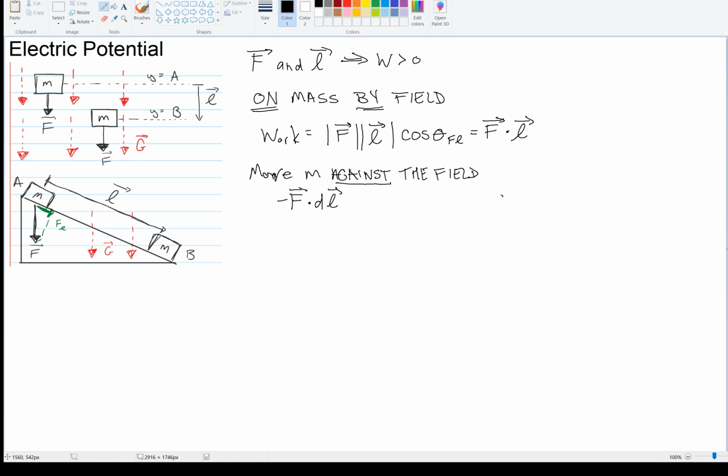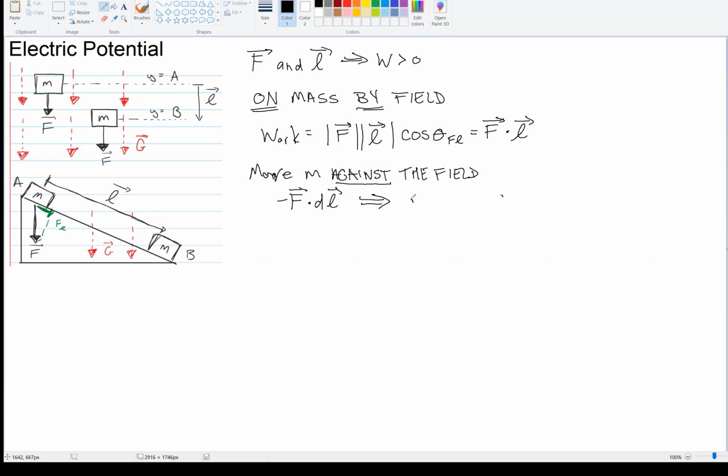Now, if either F or L is curved, L being curved is simple to understand. You just have a curved path, not a straight path. But F being curved would mean that the direction of the applied force varies as the mass moves. If one or the other or both is curved, then what we have to do is consider short, straight, infinitesimally thin segments of the path. And then we consider the differential work required